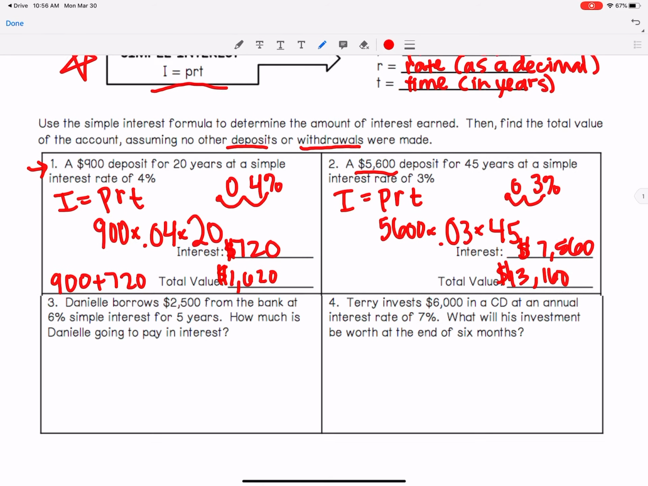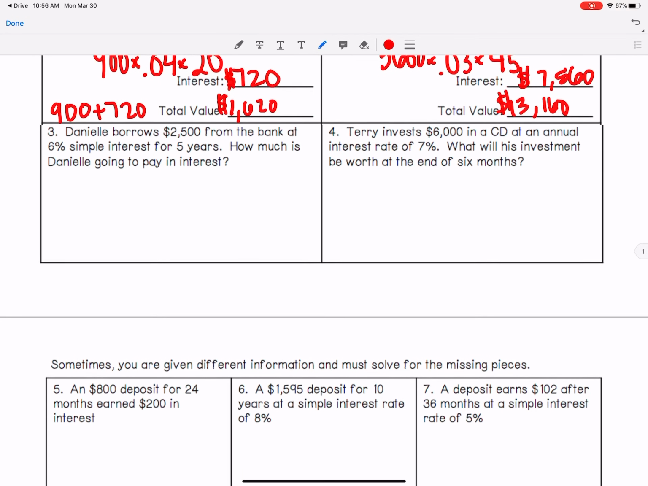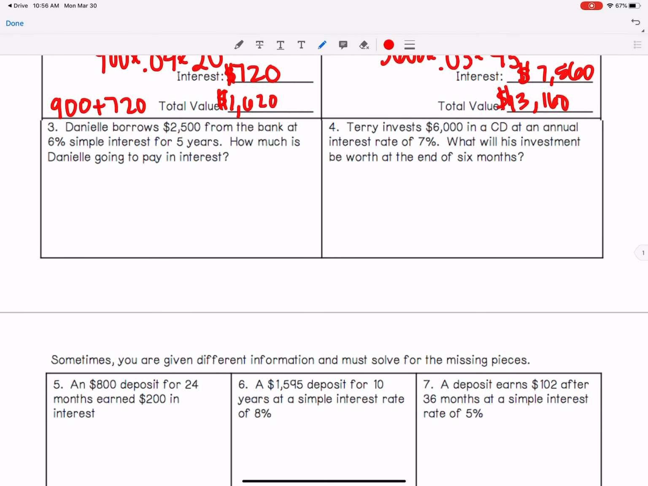All right, next question, which is number 3. Danielle borrows $2,500 from the bank at 6% simple interest for 5 years. How much is Danielle going to pay in interest? So once again, we need to figure out what I is going to be. Here's our equation. Interest equals principal times the rate in terms of decimal times time in terms of years. Well, our principal is $2,500. The rate, 6%. If we put that into a decimal, that would be